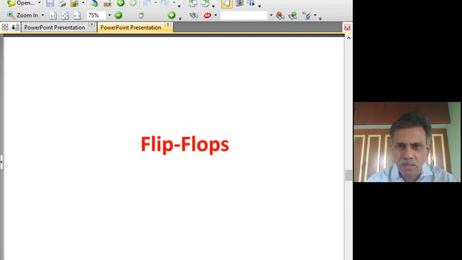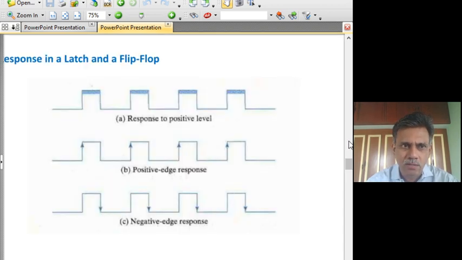In the previous lectures, we have looked at what latches are. The basic difference between latches and flip-flops is that latches respond to the levels in the enable or the clock input of the device, whereas flip-flops respond to the transitions or edges in the clock or the enable signal to the devices. So basically latches are level triggered, typically a positive level as shown in this figure